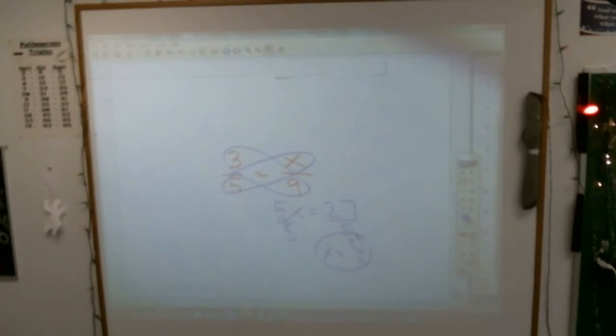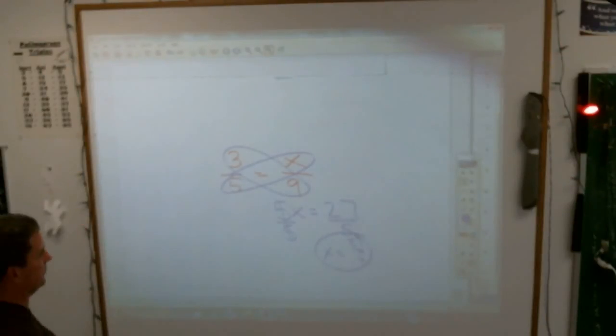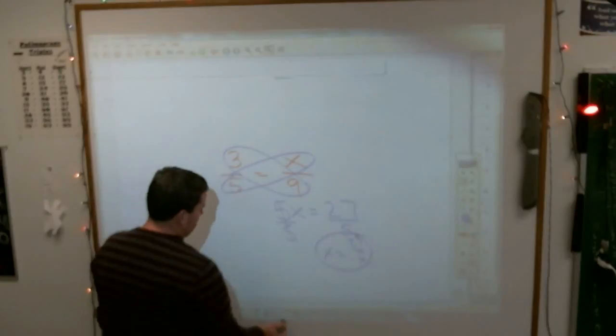Everybody happy with that? Have we done that before? Yeah. Perfect. Because then we hit the big hitter here, people. If you have not paid attention to anything so far,